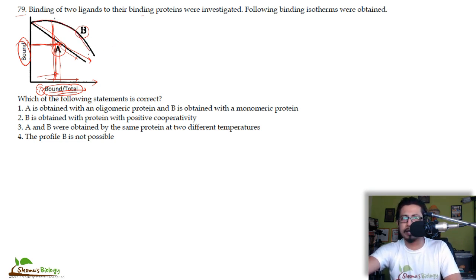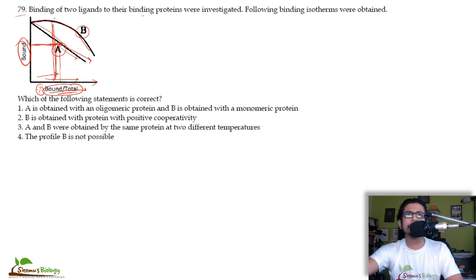We'll always get a straight line graph. We're not going to get the curved line graph. That means the interaction is not a non-covalent interaction. Okay, so the options are given. A is obtained with an oligomeric protein, B is obtained with a monomeric protein. There's nothing about the monomer or oligomer of a protein that can change this interaction. It totally depends on,